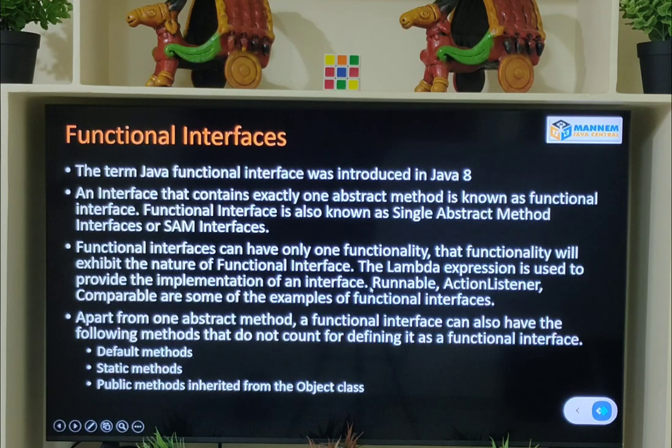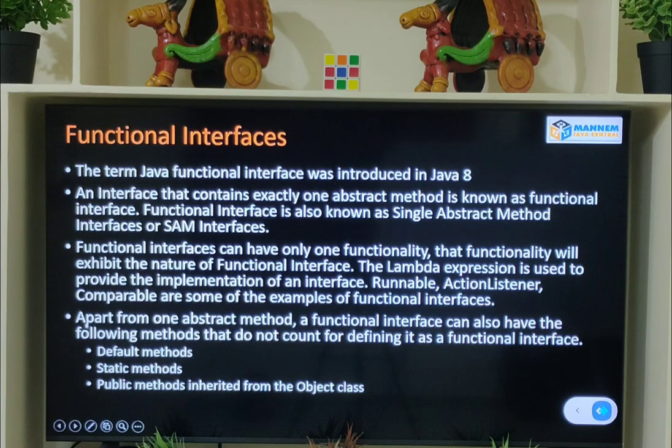By this you can understand that a functional interface can be predefined and it can also be user defined, but the theme is the same. Every functional interface, whether predefined or user defined, contains only one method, which is an abstract method. For that method, the lambda expression is going to provide the implementation. That is the base point.